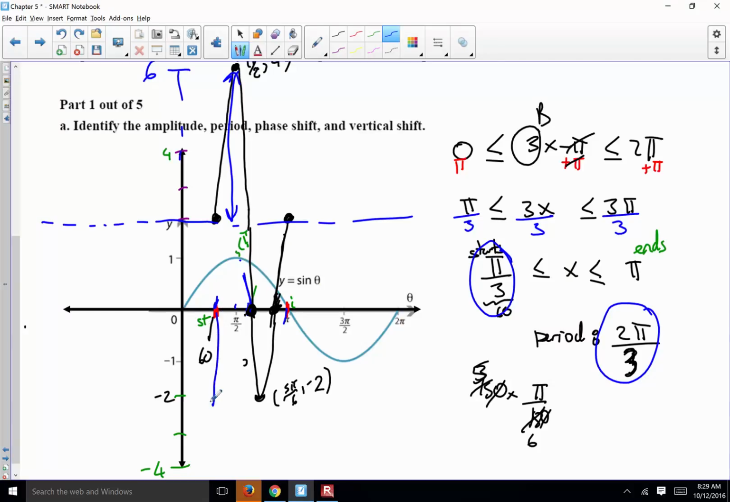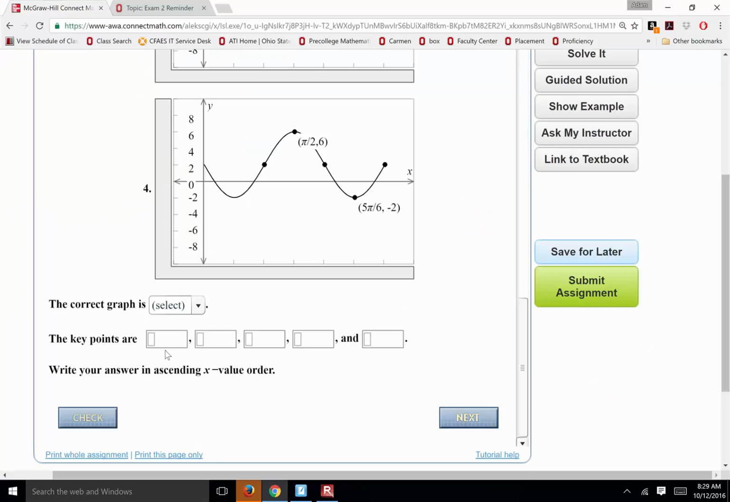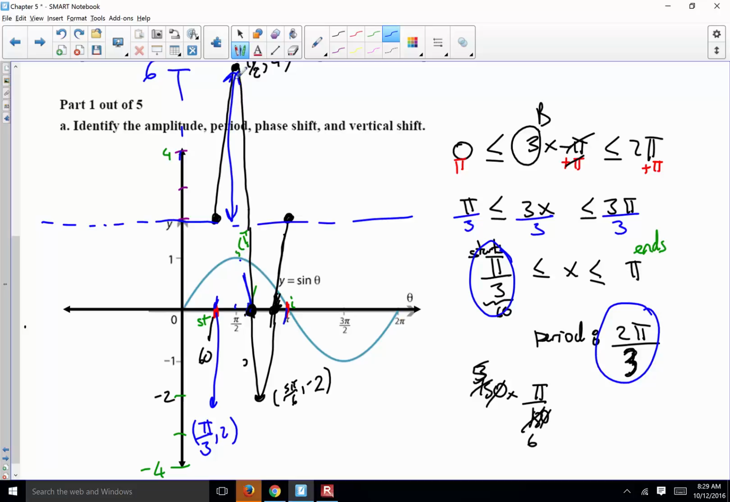What was this value, for example? It was pi over 3. Now it's up in the 2, so it's pi over 3 up. Pi over 3 comma 2. Okay? And this one, for example,